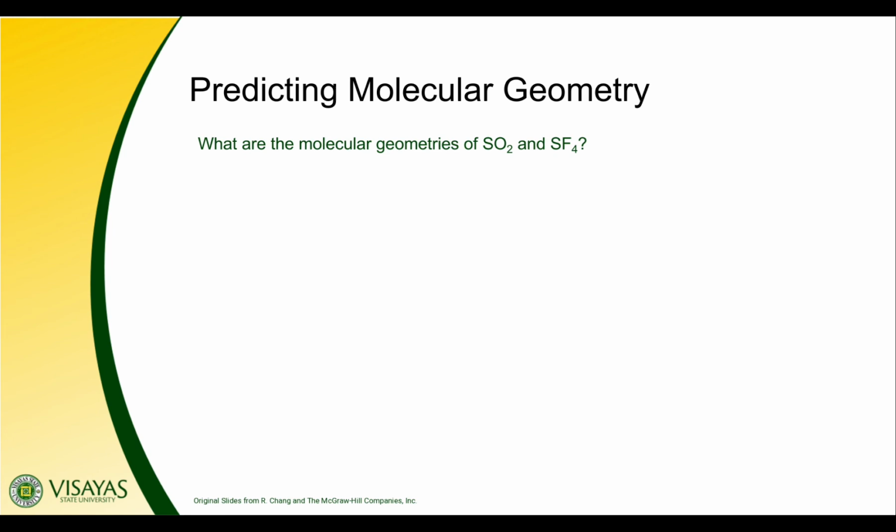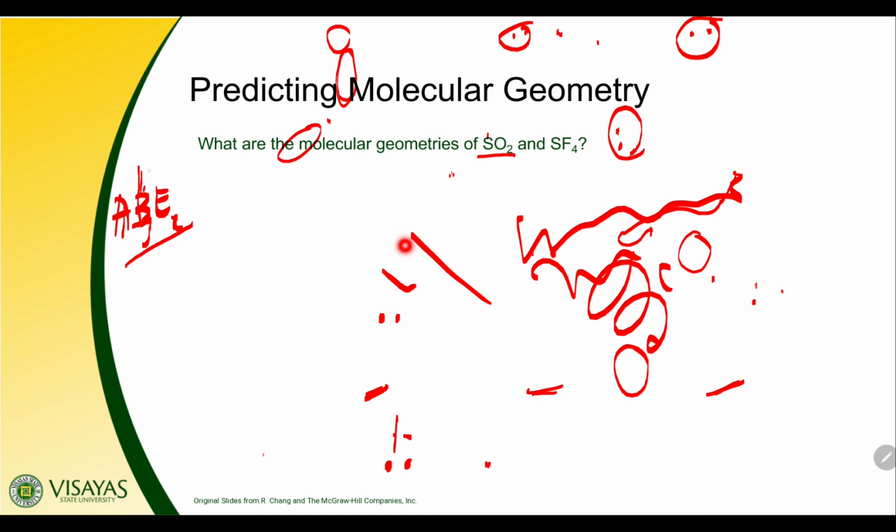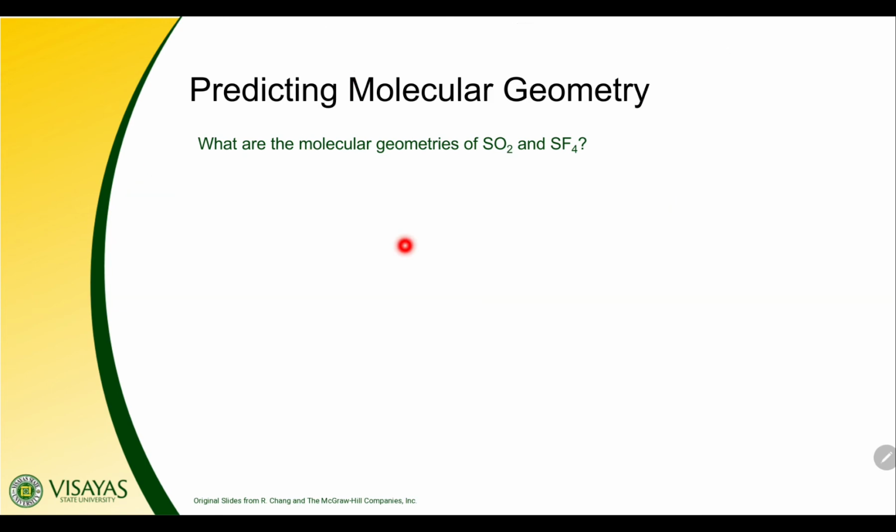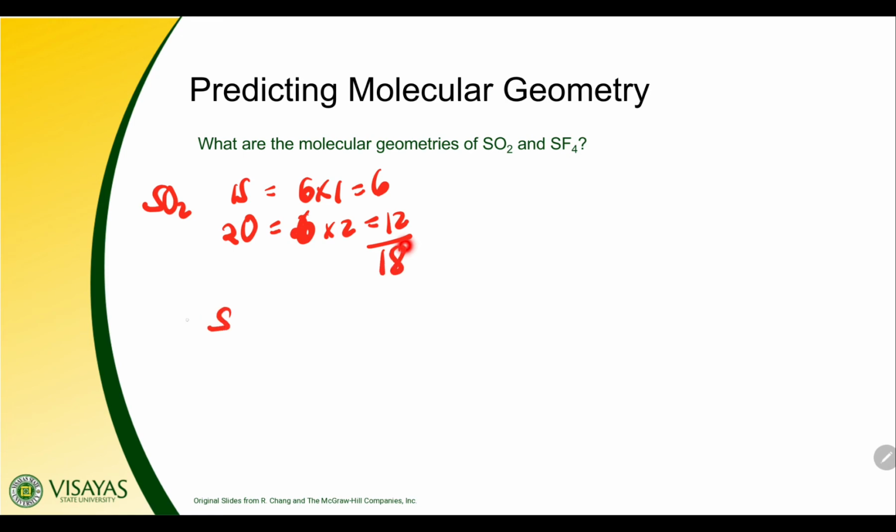What happened? Well, let's rewrite that. Okay, so we have our SO2. Again, we have one sulfur, so we have 6 times 1, 6. For the two oxygen atoms, we have 6 times 2, so we have 12. The total is 18. And then we have our sulfur here,